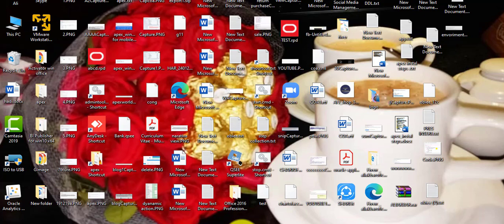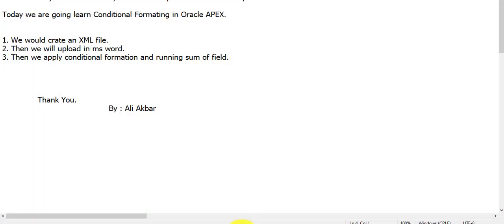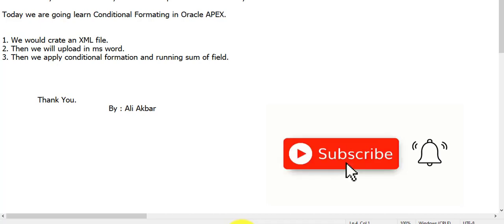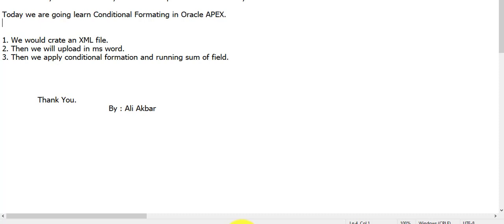I'm Aditya. Today we are going to learn how to use conditional formatting in Oracle Apex using BI Publisher. Conditional formatting is a very beautiful feature provided by BI Publisher. BI Publisher supports the usage of simple if statements as well as more complex choice expressions. Choice, in a programming language, means switch case.